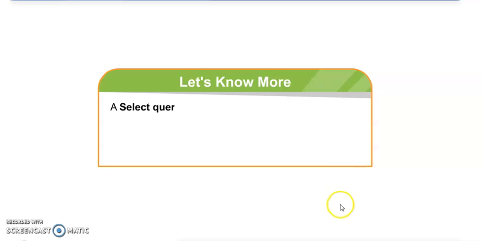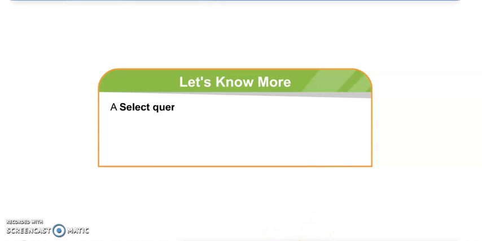In this chapter we will learn how we can retrieve specific data from the database. Whatever field records we want to see, only those records we can move to a separate table.